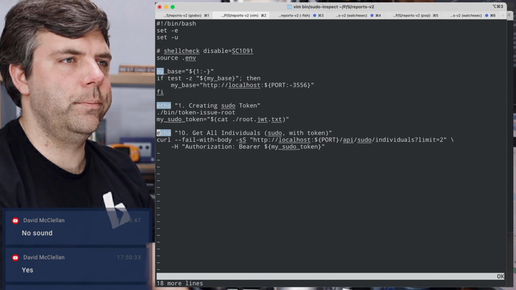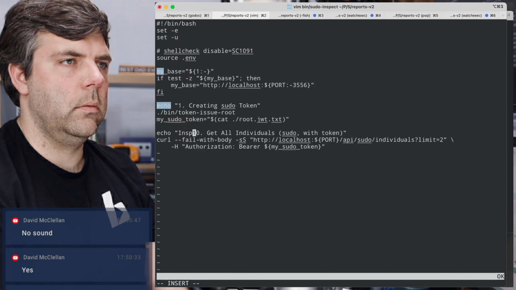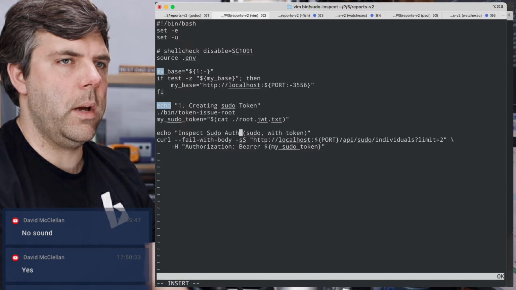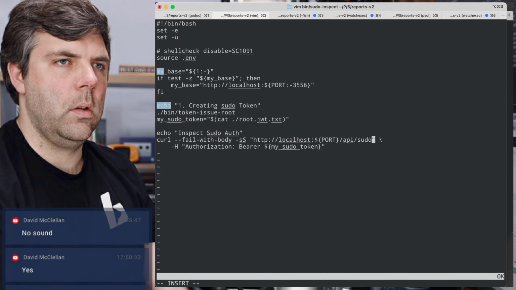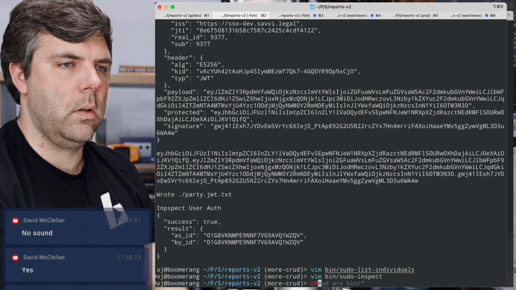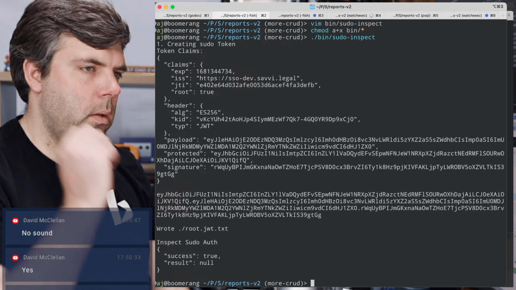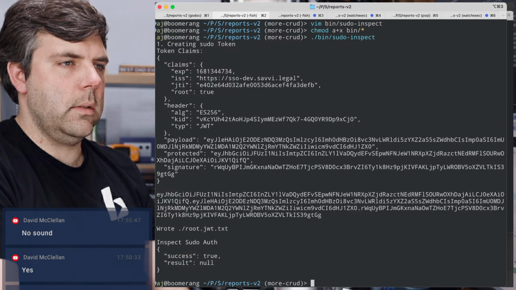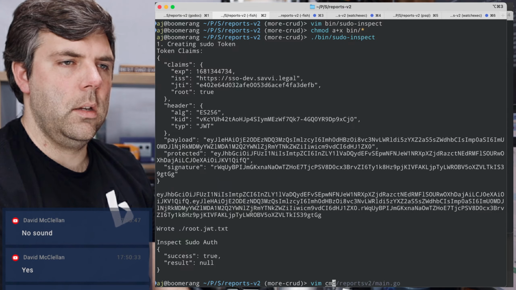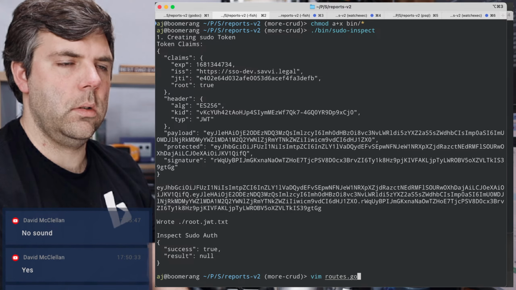I need a better way to go about this in general. Okay, so the sudo auth, this kind of makes sense. There is no associated user data. Let me just double check on how that is being accomplished.